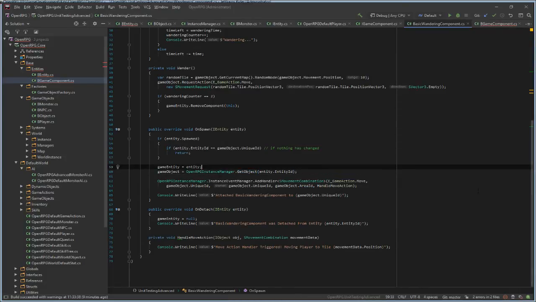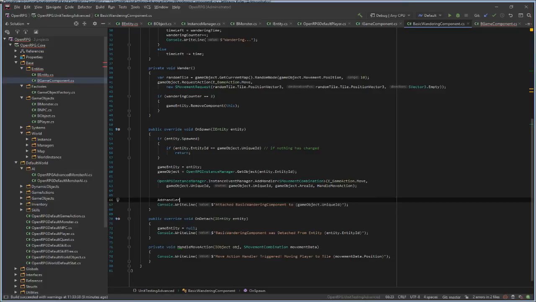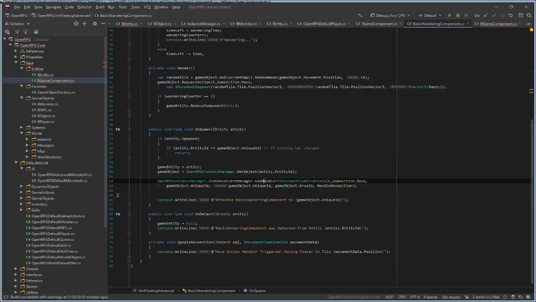And instead of doing all of this, maybe I'll do some kind of wrapper for this method, so I can do something like add handler, my return type, and my game action. You know what, there is no need to do a wrapper for this.